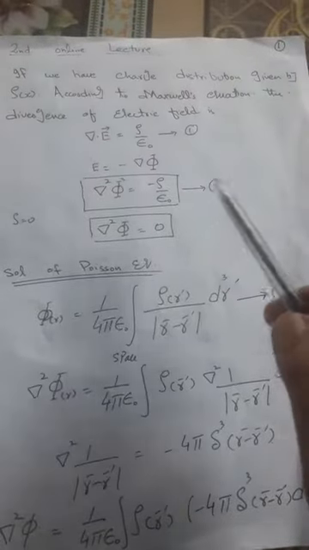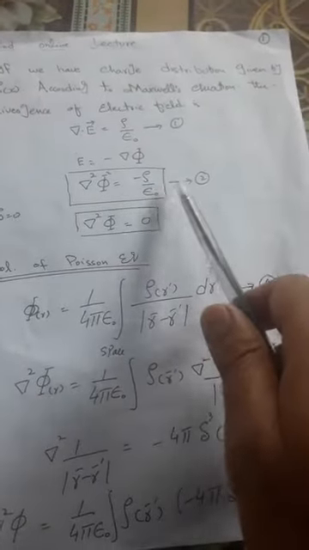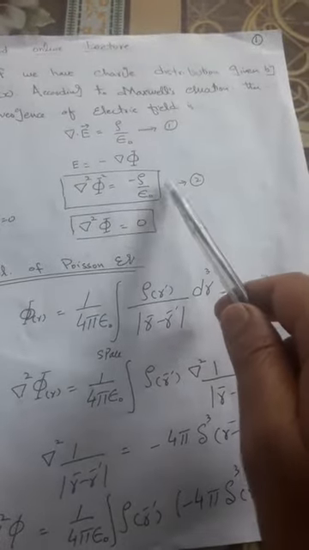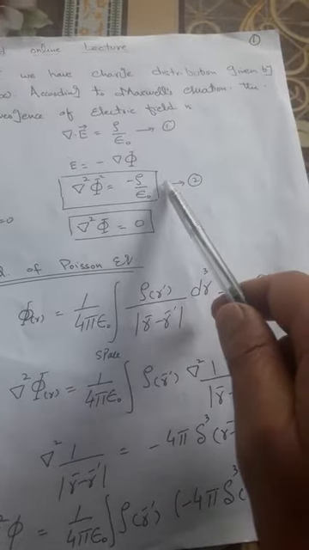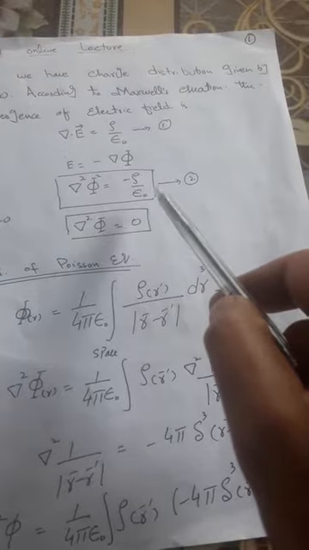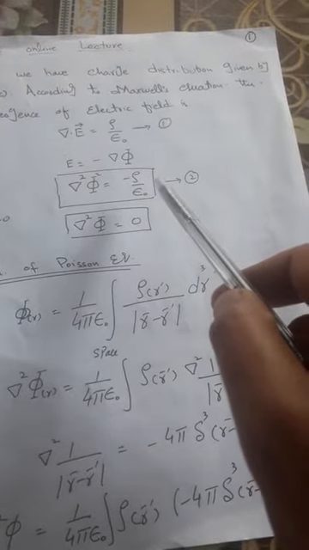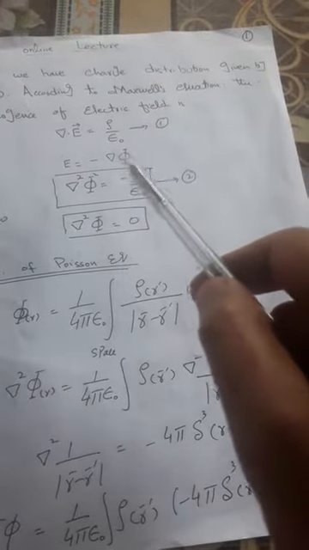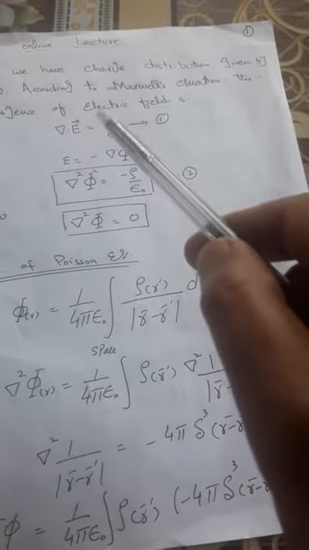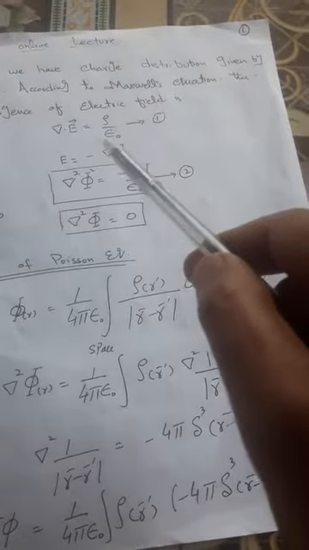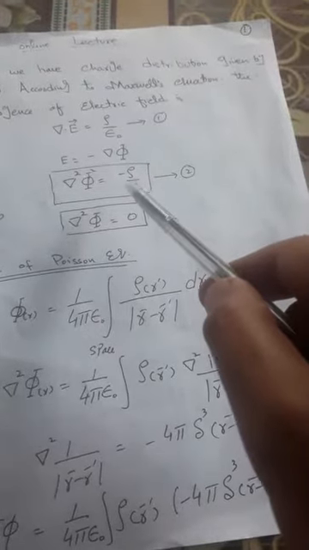The main advantage of the Poisson equation is that if we are given the potential phi, then we can evaluate the volume charge density rho by this expression. And if we want to know whether charge density exists or not, then we use the Laplace equation. For this case, we first convert the Poisson equation into the Laplace equation, and then we will derive it. So you should know why we convert the Poisson equation into the Laplace equation.